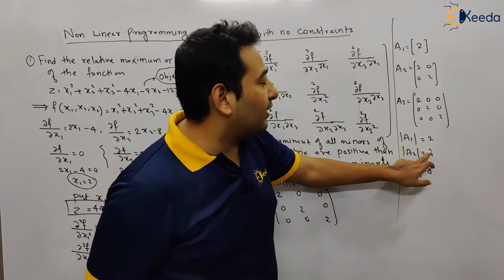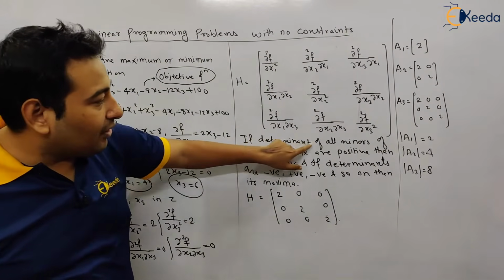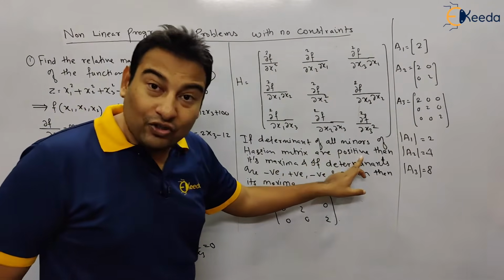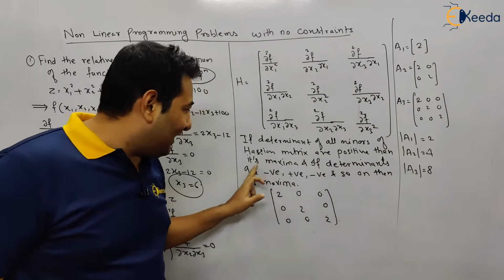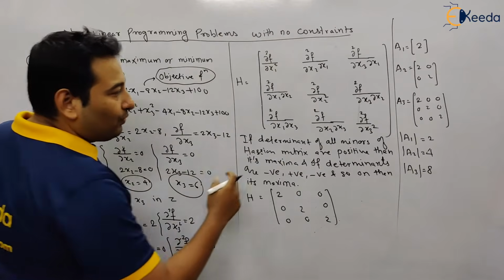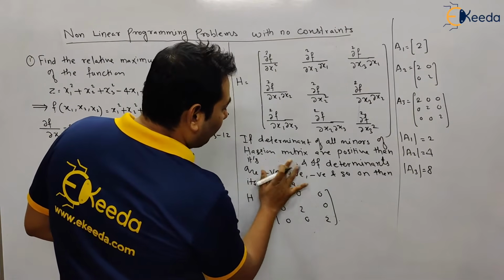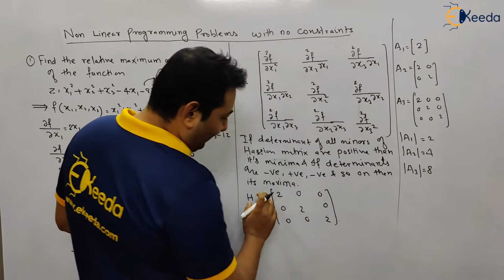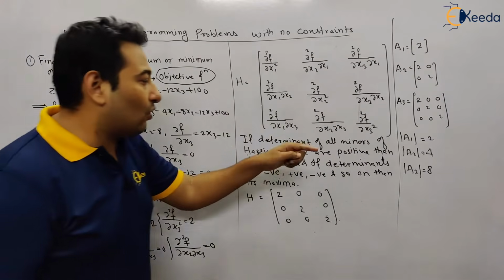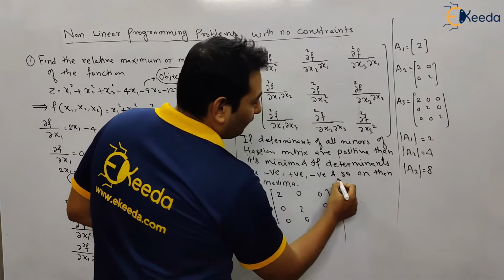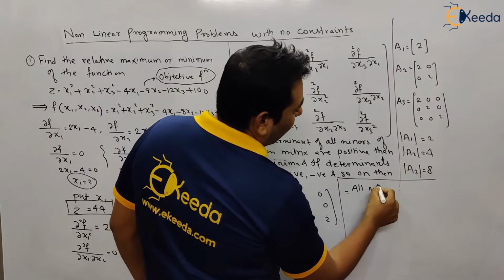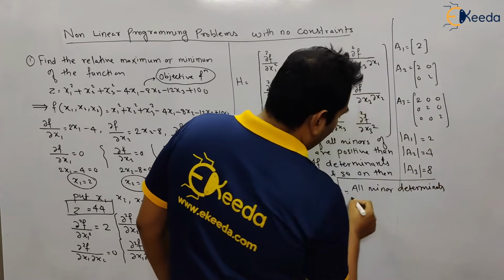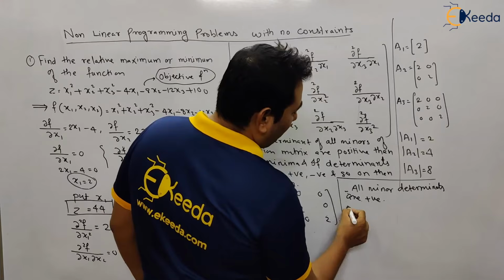See here, all the determinant values are positive. If the determinants of all minors of the Hessian matrix, these 3 minors, are all positive, then it is minima. And if the determinants are negative, positive, negative, then it is maxima. Since all the minor determinants are positive, therefore